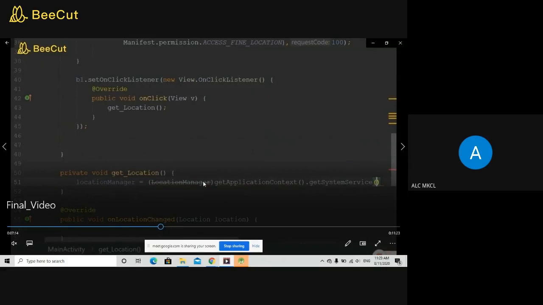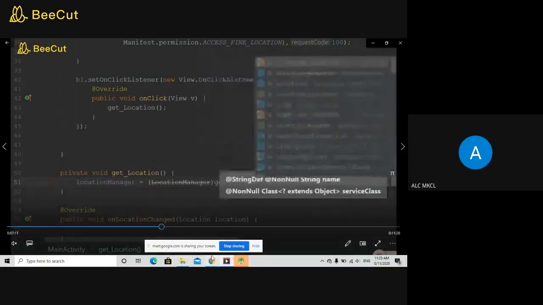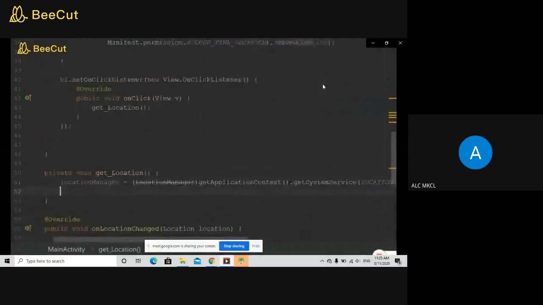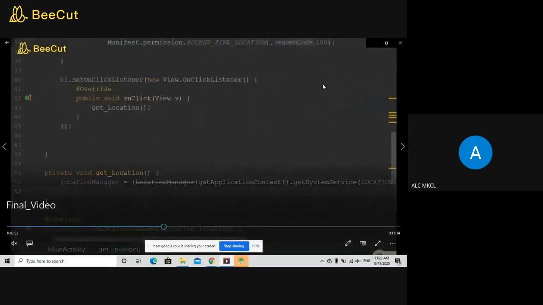The LocationManager, getApplicationContext().getSystemService, and you need to pass the LOCATION_SERVICE as a parameter. In this way, the LocationManager is going to get the permission of accessing the locations, and in this way your application will get the permission of accessing the location.